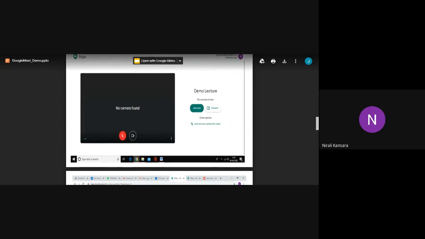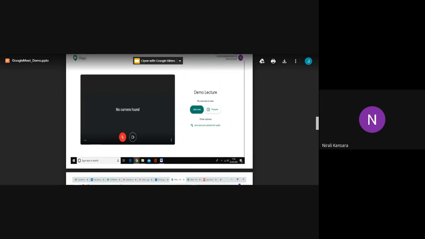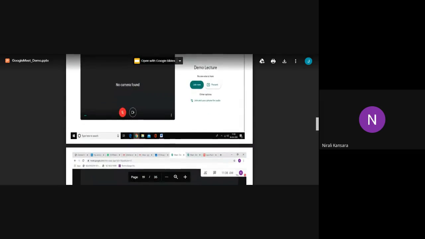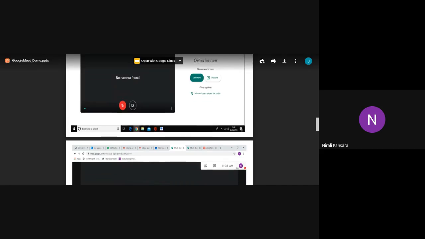Okay. And it will show you the microphone and video symbol here. By clicking on these two options, you can switch on and switch off your microphone and videos. Okay. So click on join now.